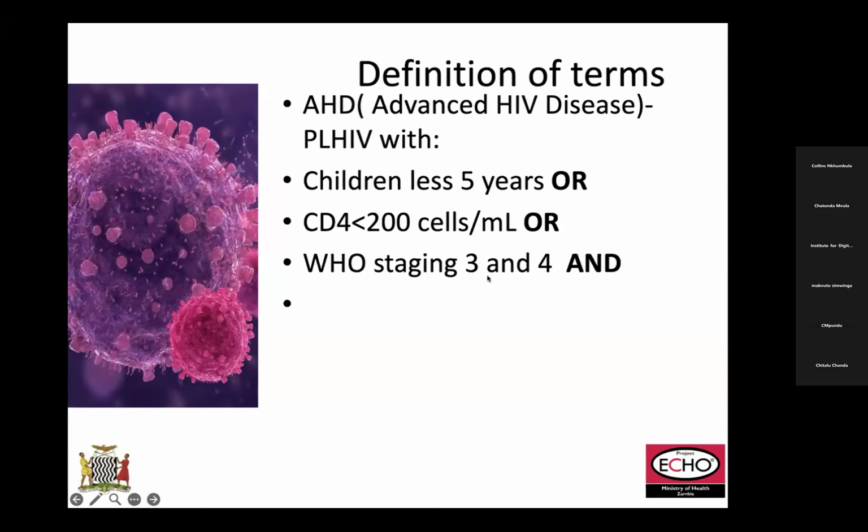Okay, thank you. I think I've been able to unmute. I'm not sure where I dropped off, but I'll just say that we then have advanced HIV disease. I think most of us are aware of what this is. And this is where you have a person living with HIV who is less than 5 years old, or they have a CD4 less than 200, or they have WHO clinical staging 3 and 4. And we do understand that it's very key for us. When we think about advanced HIV disease, it's a